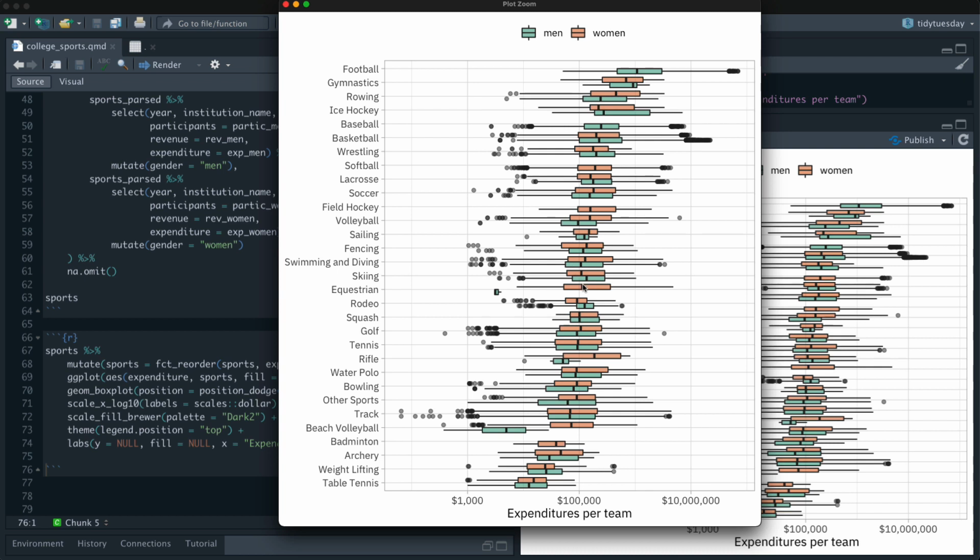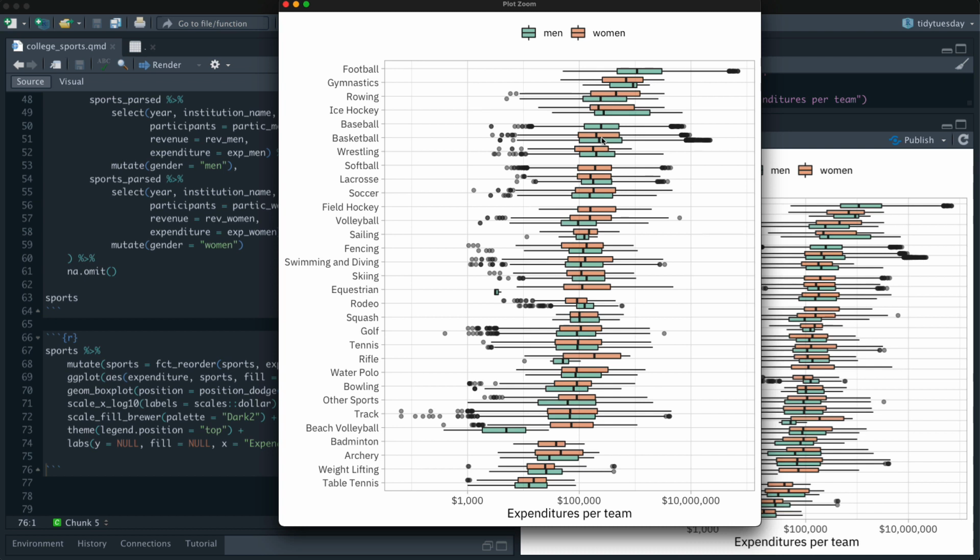There is a big difference in beach volleyball, but less is spent on the men's teams, so that's kind of interesting. But what we should notice here is that football, which is a sport that only men play, and baseball, which is a sport that only men play, these are up really high. A ton of money is spent on them.